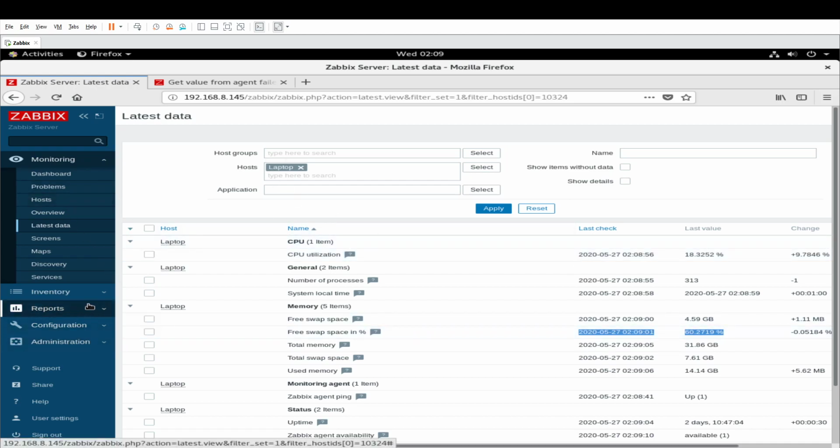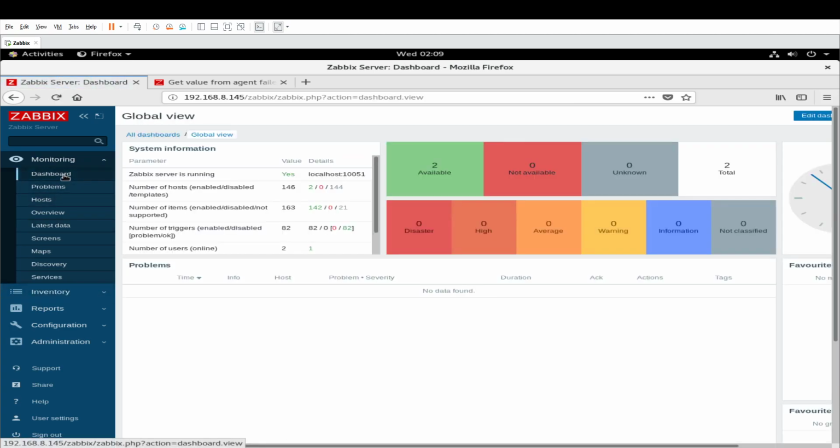So I told you how it works. It's as simple as that, and it's really useful. Plus it gives you a lot of performance metrics. You can just configure it once. I know it's hectic, you have to configure it. Once it is configured, it would make your life a lot easier, and with a glimpse of an eye, you will see where exactly the problem is, if any of your servers is running short on storage, or your server needs more RAM or CPU processor. So it's a really useful tool for you guys.